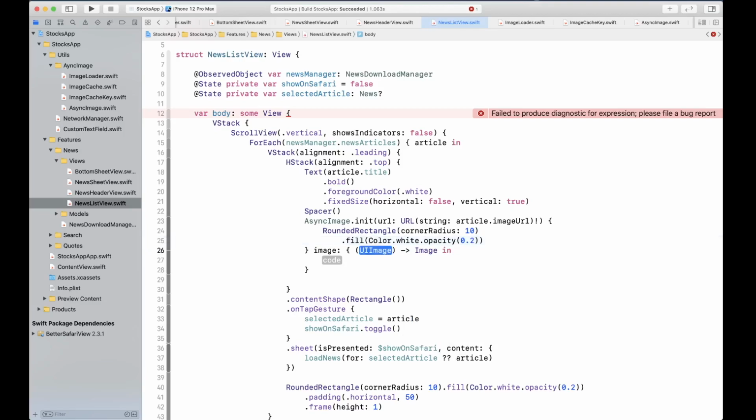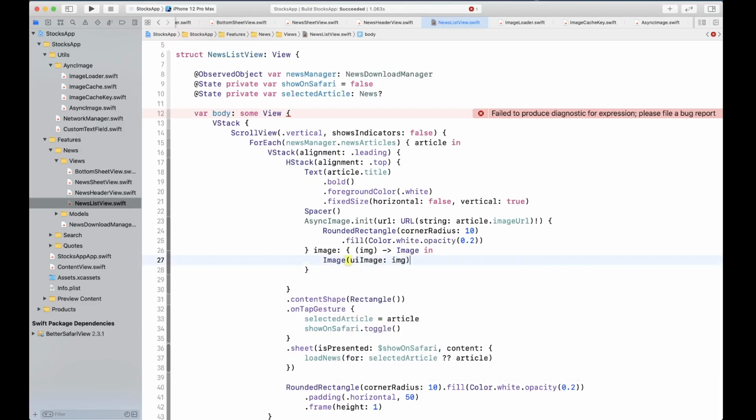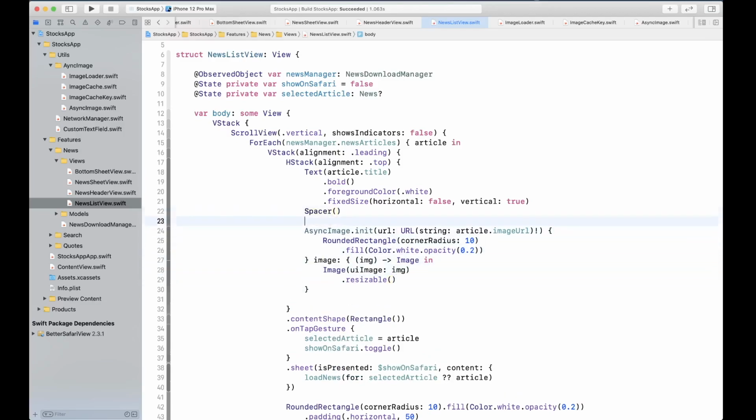Okay, for the image, we get the image back, and then we simply say take the image, create an Image view out of the UIImage overload of Image view, and return a resizable image. Now what this gives us is basically the ability to work with an image.